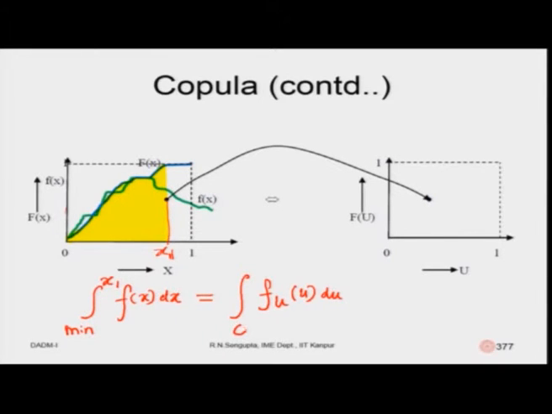So, the minimum value is 0, and this is the small value of u 1 which I want to have. So, this uniform case would basically be u 1. This is the u 1 value, and the total CDF value, consider this is here, will be